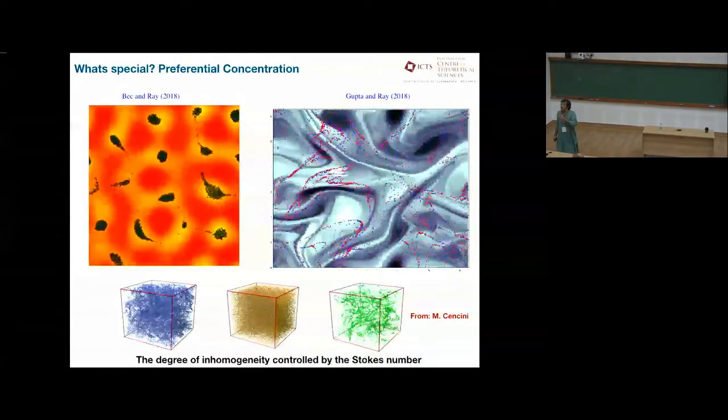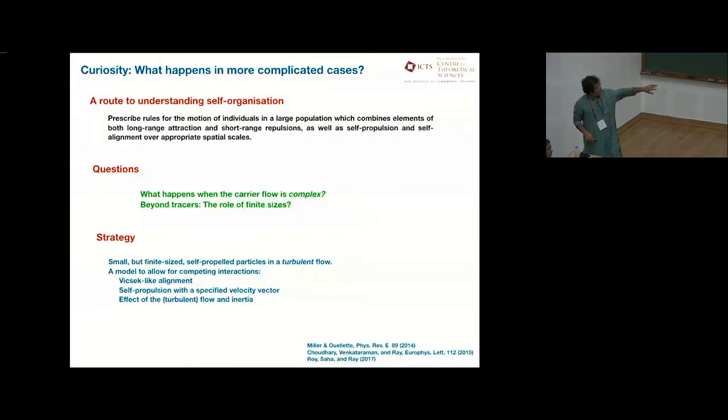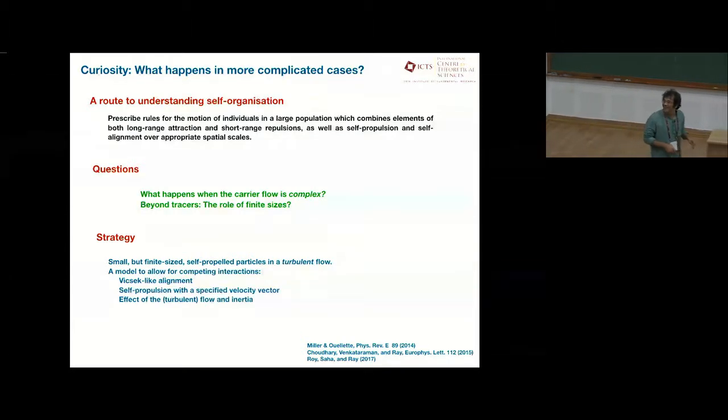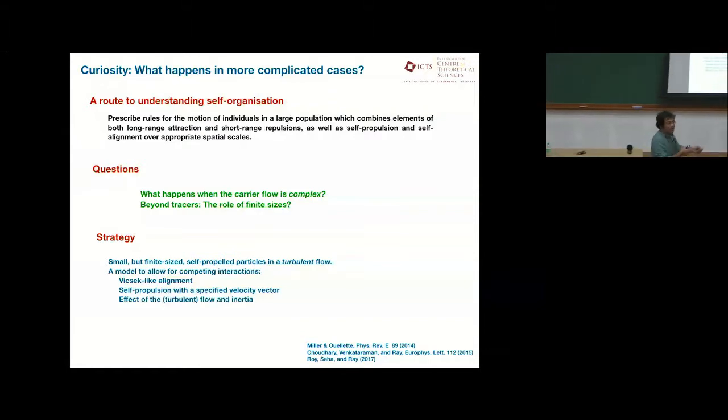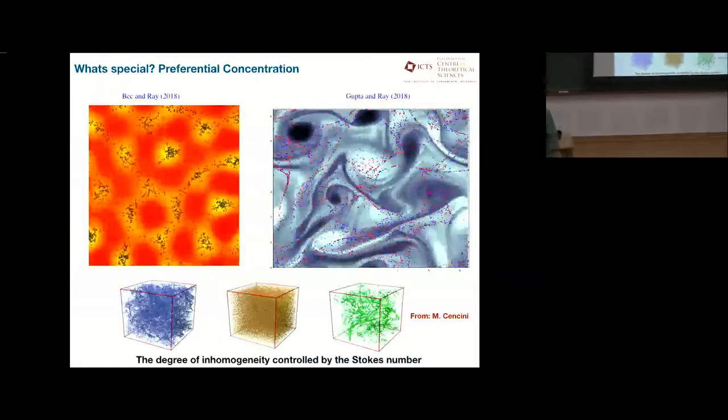I will look at the effect of each of these additions individually later, but it's perfectly reasonable to have a model that is not as complicated as it sounds. That's why I'm doing it. When I come to the equations, you'll see that it's not that bad to have all of them, and then you can turn off each of these parameters and see what the role of one versus the other is.